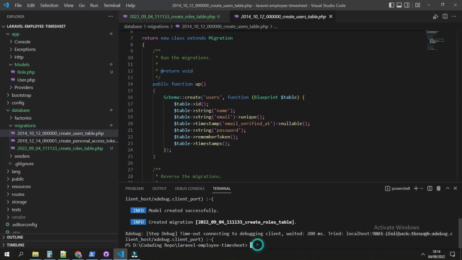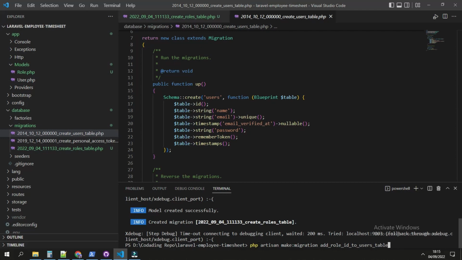To do that, we simply add a new artisan command: php artisan make:migration, and the name of the migration, which is add_role_id_to_users_table.